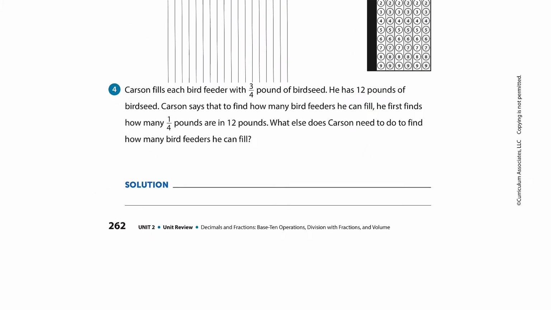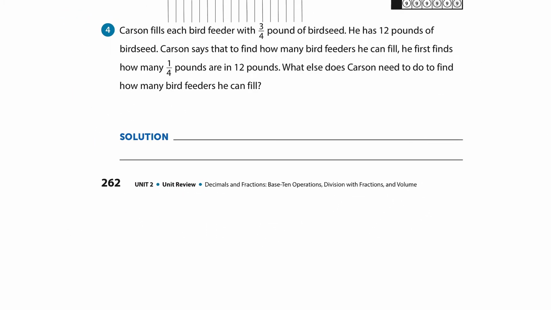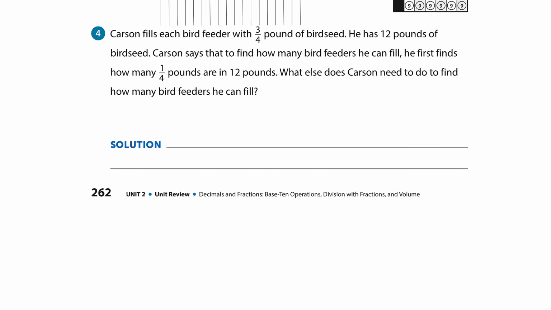Okay, that's what you're doing for that problem. Number 4, a lot of you thought you needed to find the answer. It's not asking you how much bird seed he's going to use. It's asking you what step he would do next. So it says Carson fills each bird feeder with 3/4 pound of bird seed. He has 12 pounds of bird seed. Carson says that to find how many bird feeders he can fill, he first finds how many 1/4 pounds there are in 12 pounds. What else does Carson need to do to find how many bird feeders he can fill? So for this one,